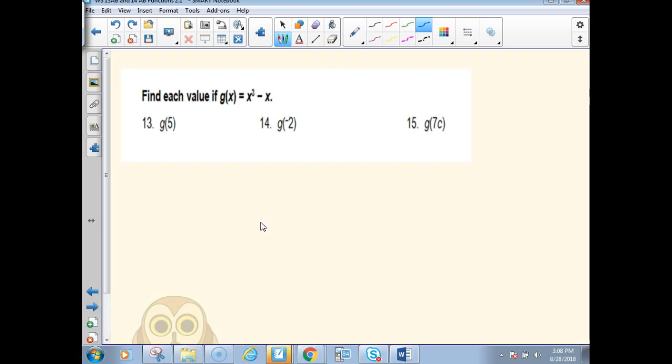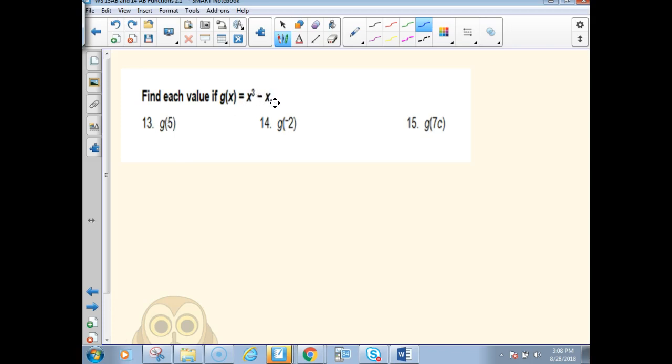Usually functions are named f of x, g of x, h of x, j of x, k of x, l of x. You can have all kinds of letters to represent a function. You usually don't use the first letters. You start with f and then go after that, and not any i's or whatever. But anyway, this is just another function. It's the g function, and the g function cubes its input